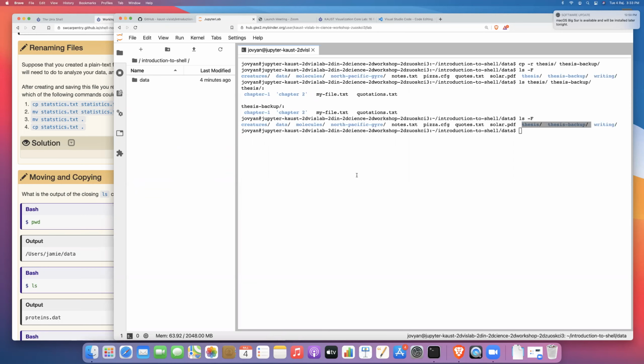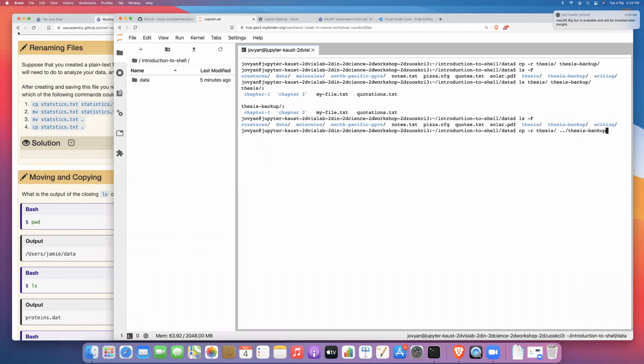The way that I can do that is I can do copy recursive, the name of the directory I want to copy, and now I'm passing in either an absolute path or a relative path to the directory where I would like to make the copy. So let's suppose I wanted to give a relative path. So instead of copying it into the data directory, I want to copy it into the introduction to shell directory, so the parent. So then I would say copy -r thesis